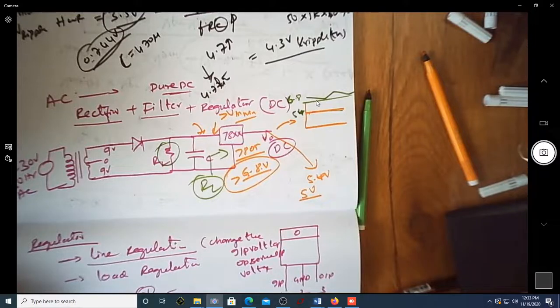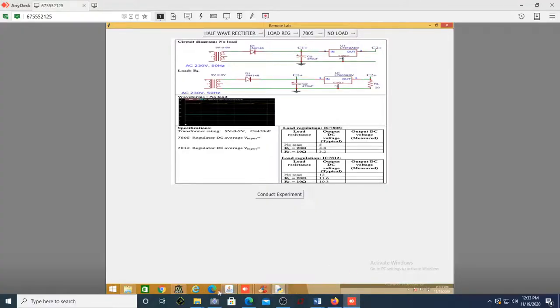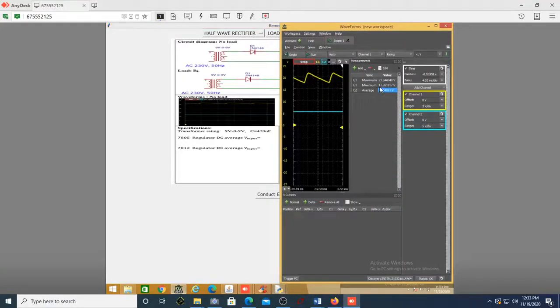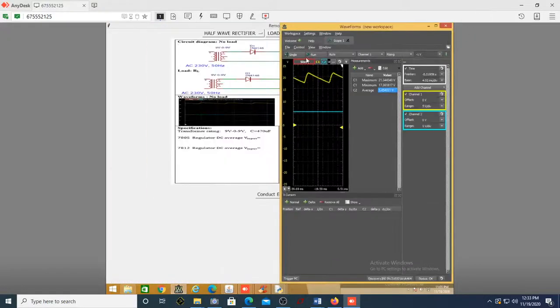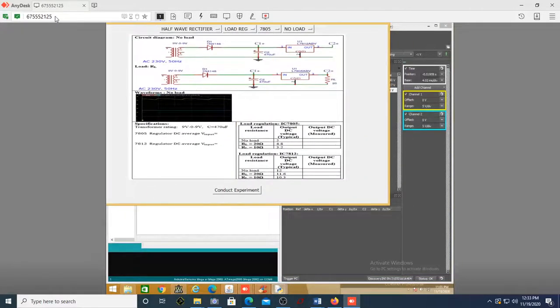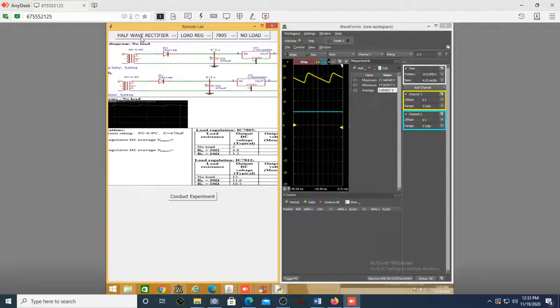But of course, provided you have the input voltage which is more than 6.8, which in this case, how much was that? It was somewhere around, it's always above 17.3. Can you see this is always above 17.3? This is the minimum, which is 17.3. So you are able to easily understand. Of course, this type of rectifier can be repeated for a full wave rectifier also.